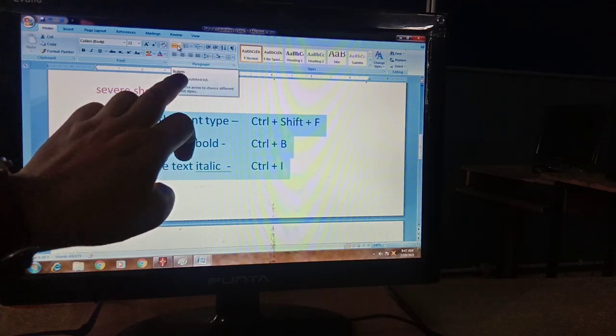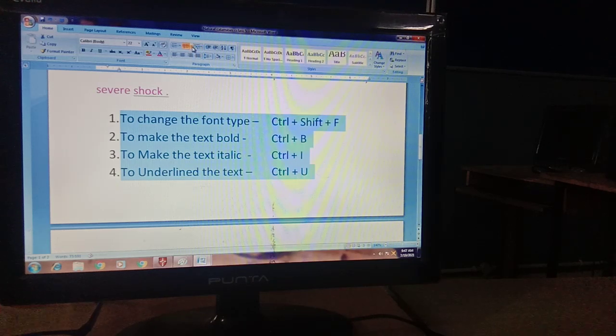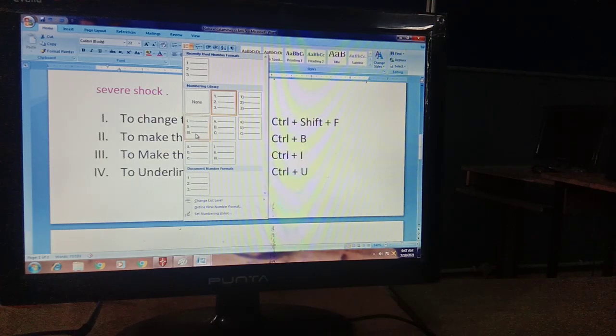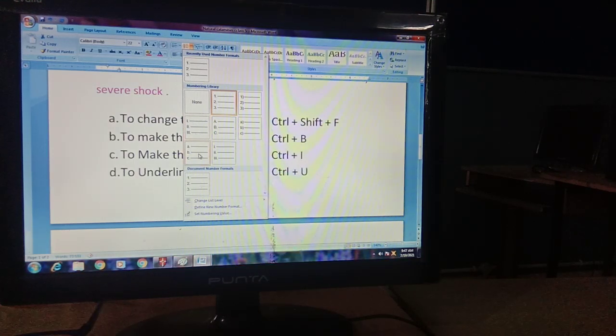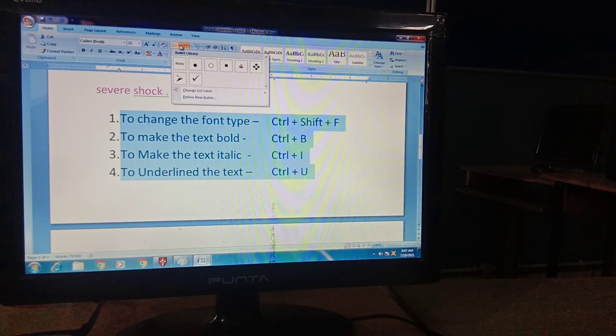So here are the bullets. Either you want bullets or numbers. I want numbers, so my numbering will be like this. Or if I want to choose a type of numbering like ABC, I can choose ABC, small abc, or first, second, third in Roman numbers. Like this, we can choose accordingly. As I choose, these are converted to 1, 2, 3. But I don't want numbers, I want bullets. Bullets क्या होते हैं बेटा? Just like symbols. Bullets are symbols.